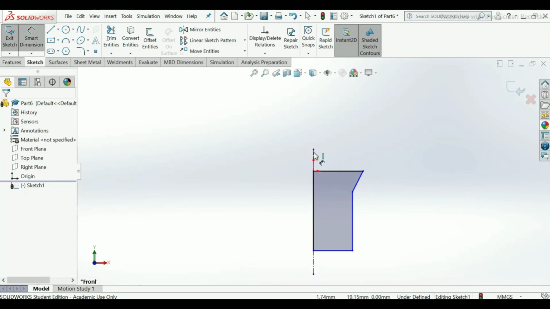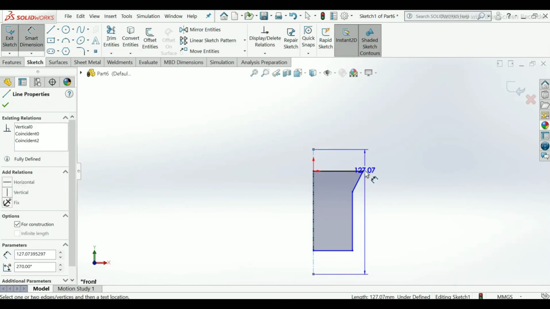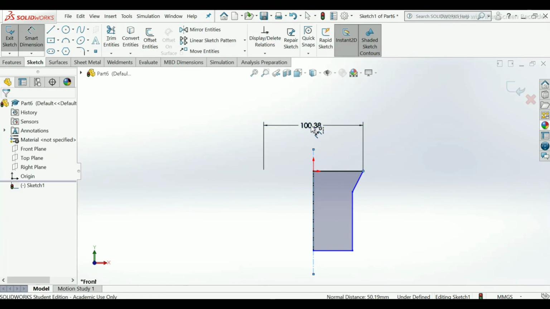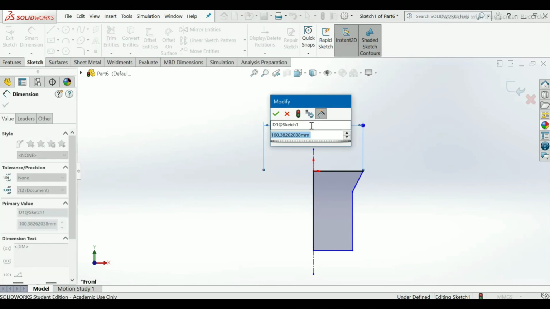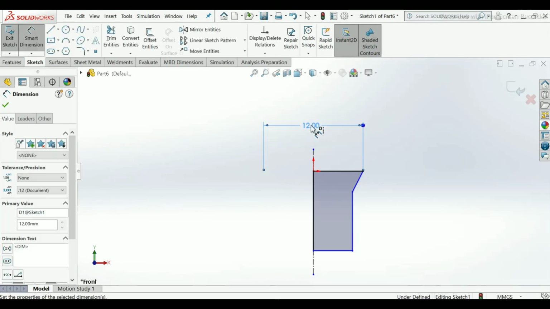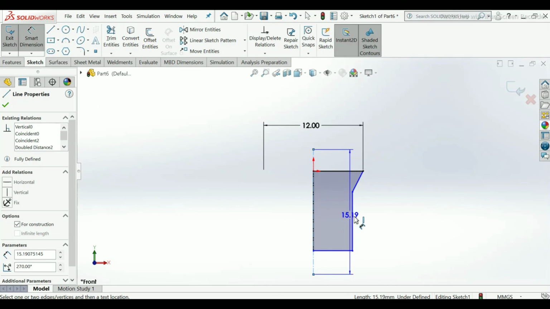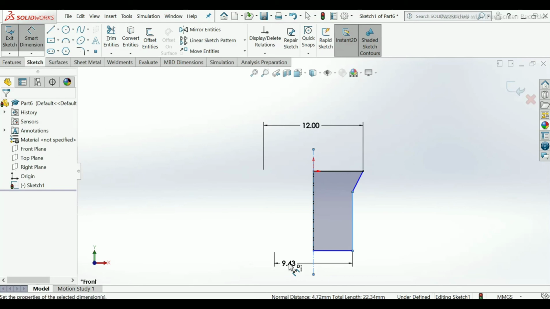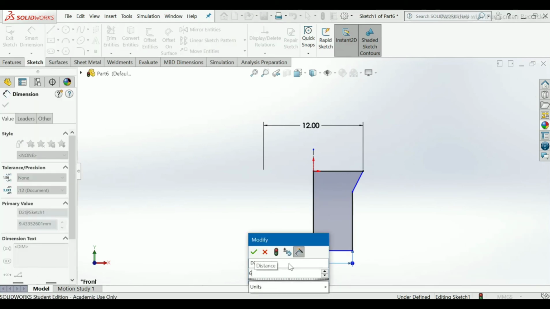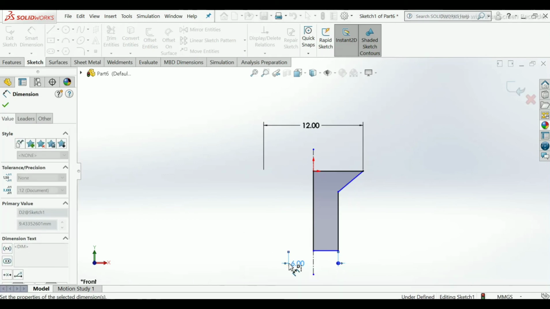Use smart dimension, select this and this point, it will be 12 mm. Select the vertical axis, select the line, take 6.3 mm or 6 mm only, remain it is.